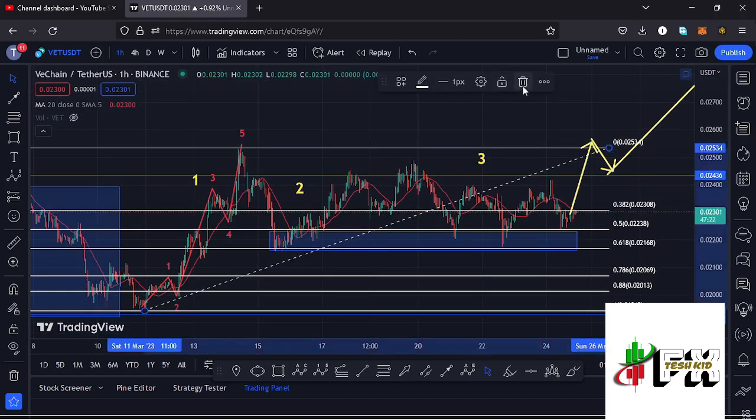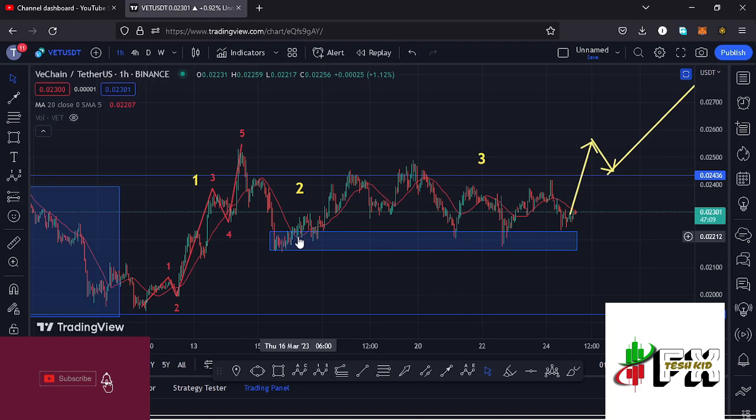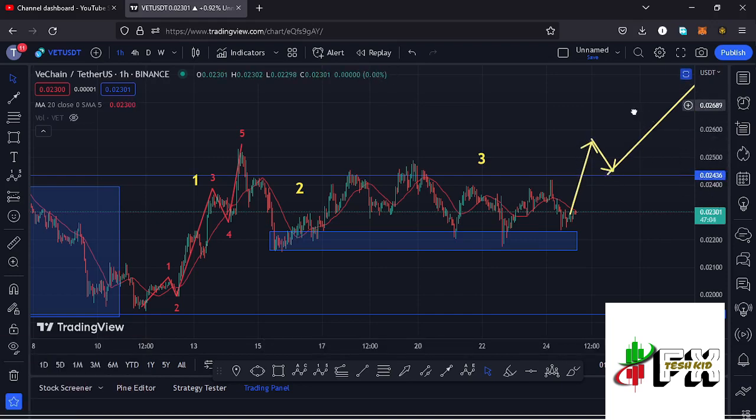this second wave. And at the time of this recording, you can see we have managed to get into the blue target area, suggesting that there are high chances that we have bottomed out in the formation of this wave 2, and very soon we are going to see a reversal to the upper side, continue gearing up, manage to break above this key area of resistance, see a successful retest, and continue gearing up in the formation of this